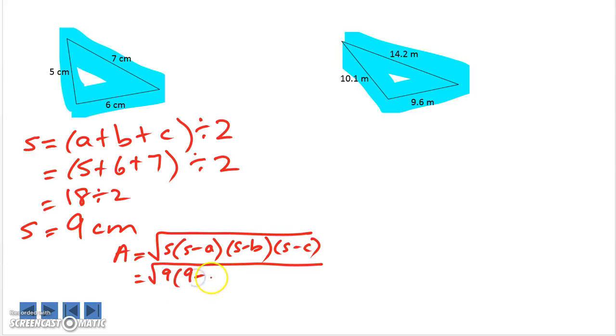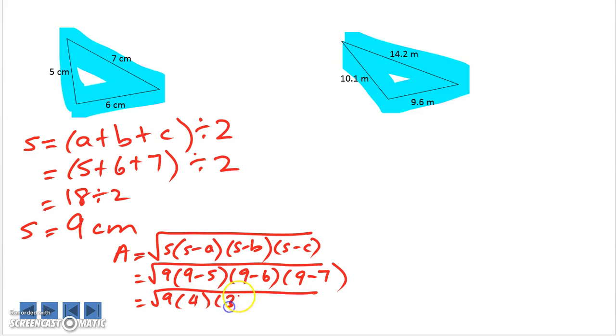So 9 minus 5, 9 minus 6, 9 minus 7. So 9 minus 5 is 4, 9 minus 6 is 3, 9 minus 7 is 2. So it's just times by 9 times 4 times 3 times 2. And so that works out to be the square root of 216. You're putting that in your calculator. And therefore area equals